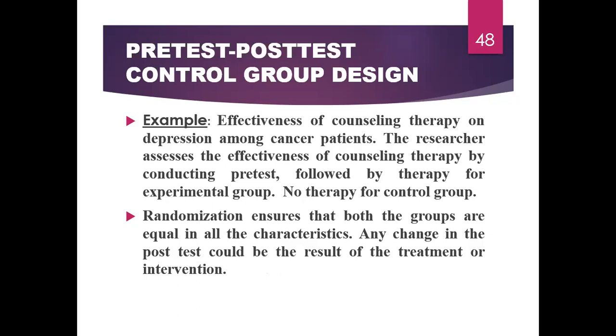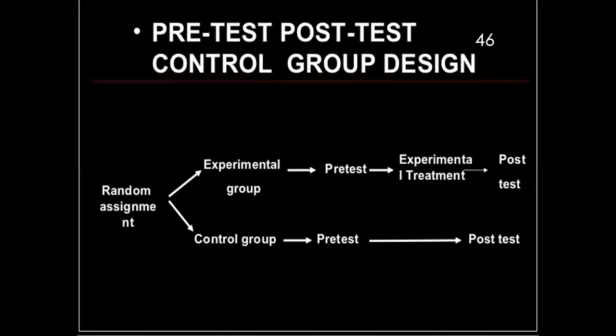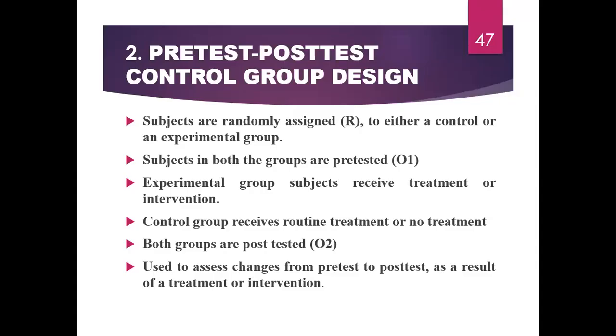And randomization ensures that both the groups are equal in all the characteristics. Any changes in the post-test could be the result of the treatment or the intervention. So this design has 4 groups, 2 experimental groups, and